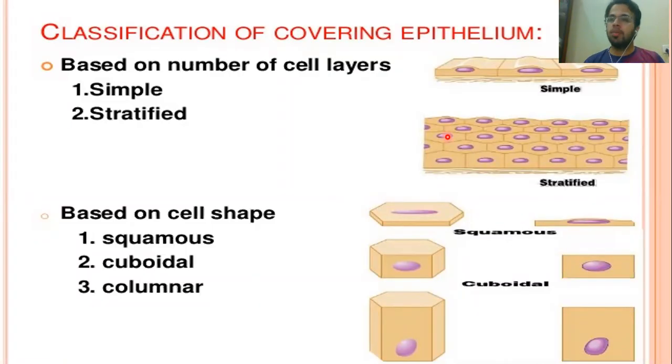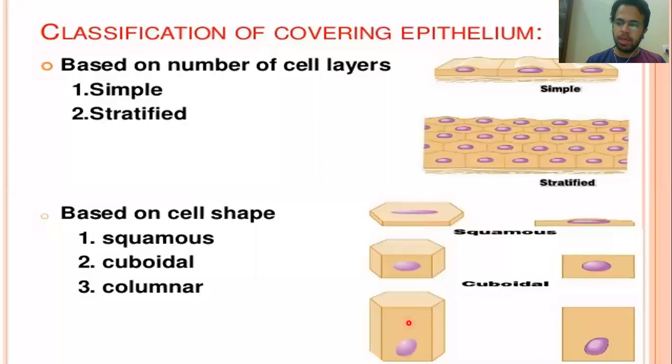Now in some areas of the body, the epithelial cells are cuboidal in shape. In some areas the epithelial cells have a squamous shape. Squamous shape means if you fry an egg, that becomes the squamous shape. The fried egg is like a squamous shape cell. So we call that shape a squamous shape. Now in some areas the epithelial cells are squamous, like the fried egg shape, some areas have the cuboidal shape, and some areas have columnar shape cells, right?